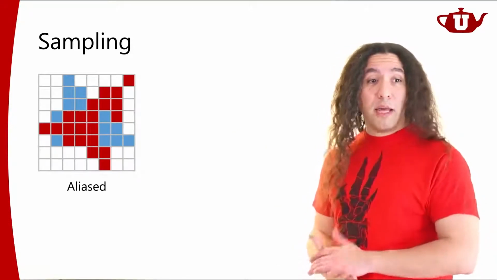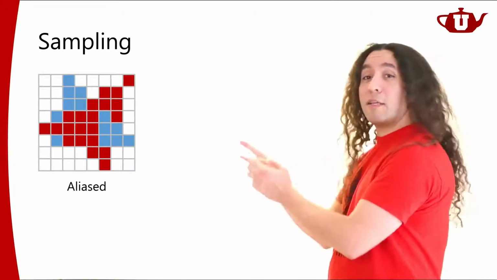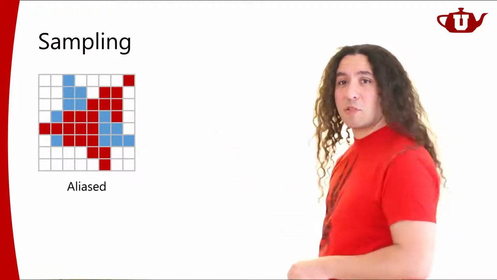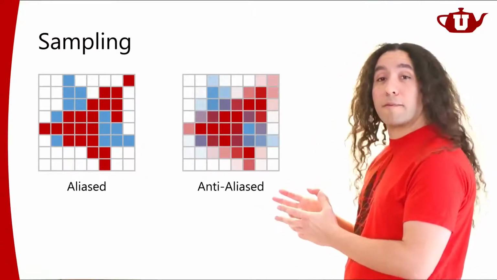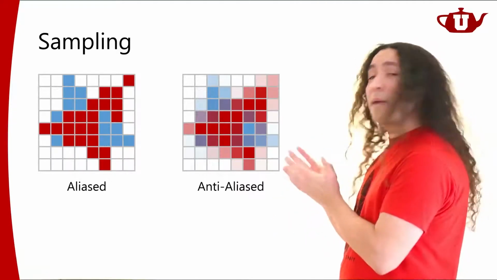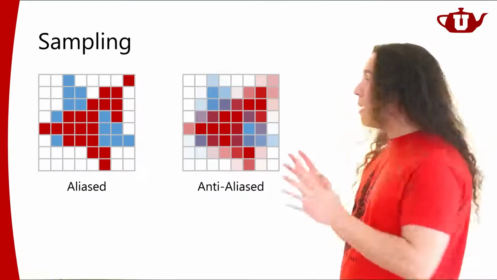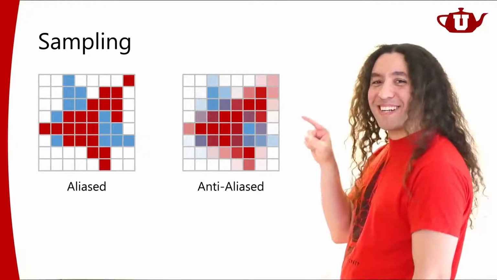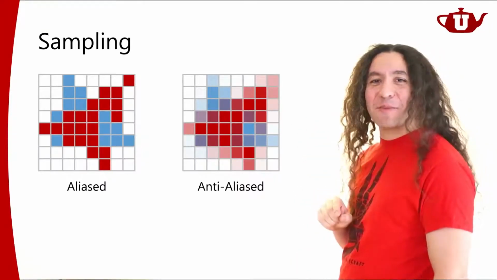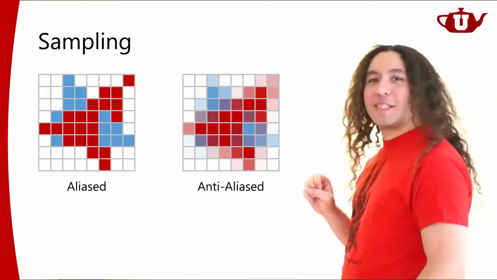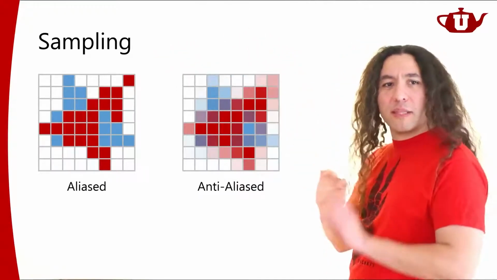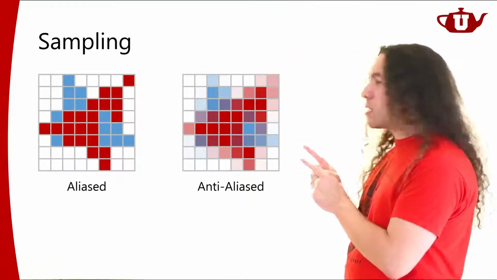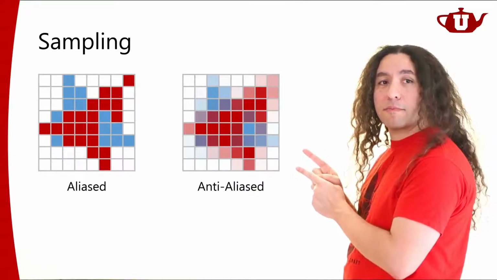A much better image could be generated using the same resolution if I just use some sort of anti-aliased rendering. So this is the same resolution image. Maybe when pixels are this big, it doesn't look that impressive. But if you look at it from a distance, this one is going to look jaggedy and this one is going to look pretty smooth and nice, right? So this is the kind of image that we want to generate.